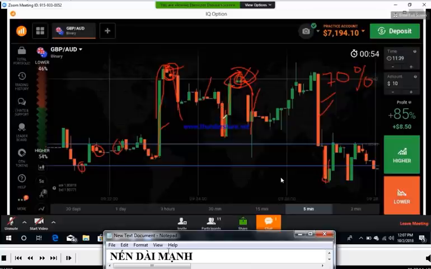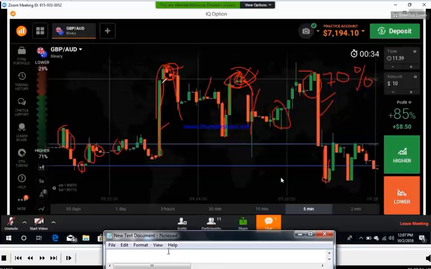Don't take strong candles as a confirmation. Always take this type of candle, or this one. Okay, you can take this as a confirmation. You can see the medium type of candles. You can take this as a confirmation. It will work. But when you take this as a confirmation, it may be a late entry for you. You may lose your trade when you trade with this type of confirmation.